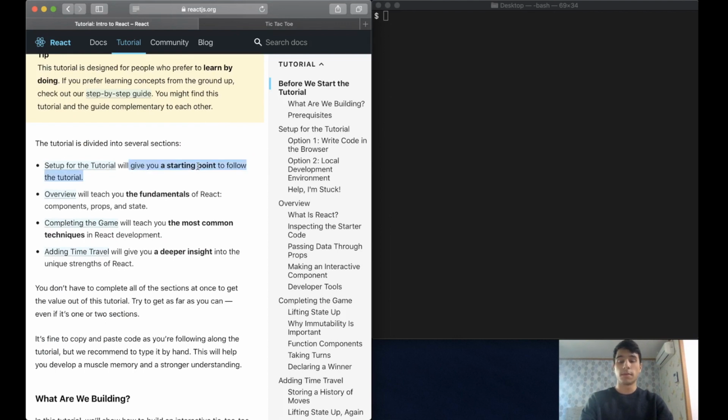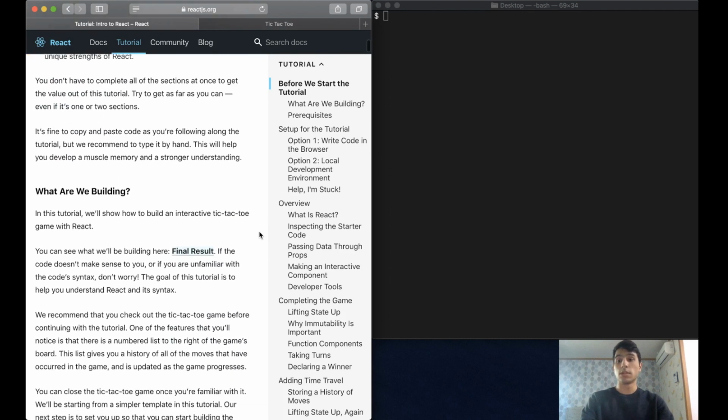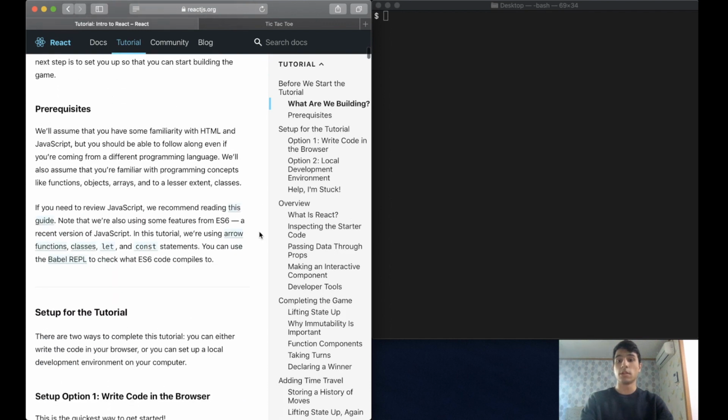First is a quick setup for the React code to work. Second, and the third, is the fundamentals and the most common techniques to make the main part of the tic-tac-toe game to work. And finally, we will have the extension of the tic-tac-toe game to have this time travel. This tutorial doesn't assume any pre-existing React knowledge. However, it would be very helpful for you to have some understanding about HTML and JavaScript, as well as some